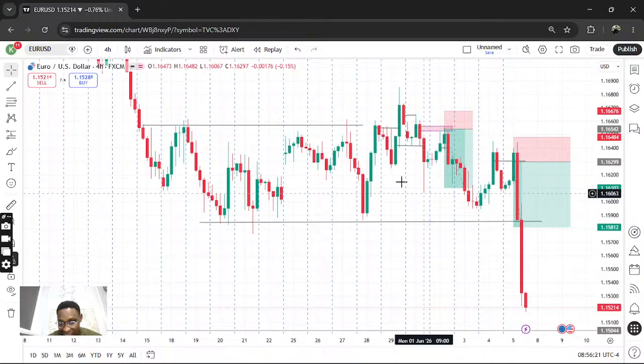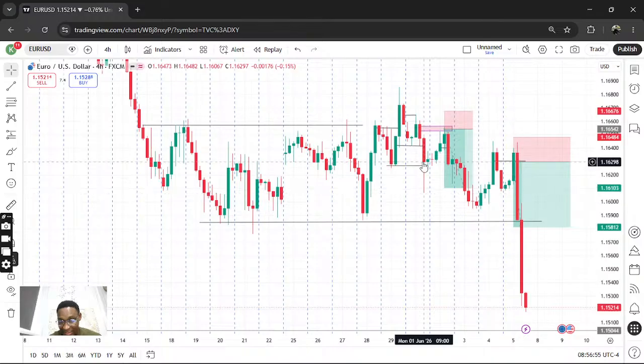This is another break of structure here. So this is another break of structure here. So when the market traded above this particular break of structure and finally closed at this point on Monday,